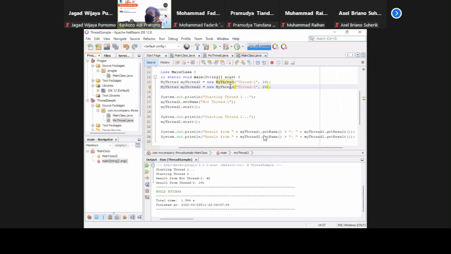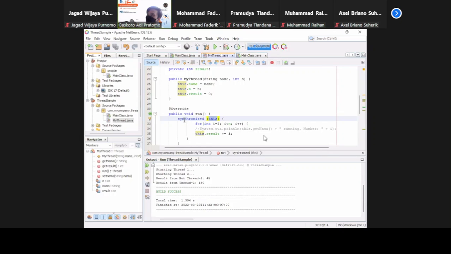So here what it does, we created the object and then we started the object. When we start the object, we move on to this thread. It is synchronized. The object is protected from being interrupted. So it will run this line of code first. And then,